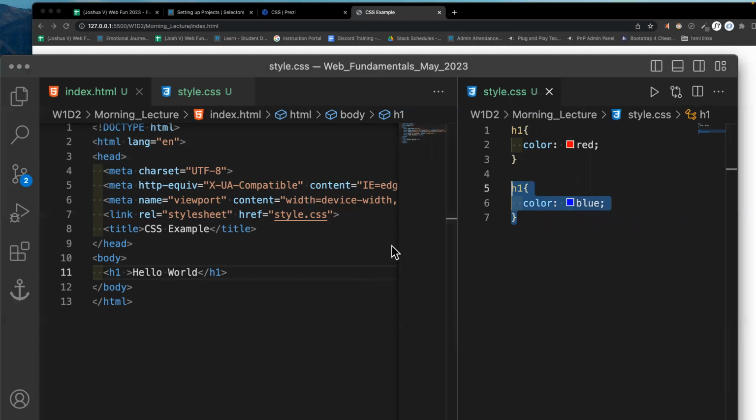Okay, let's do a poll check again to see if we understand this concept, how the rules apply in CSS, why it's called cascading style sheets. Okay, good. I like the numbers we're seeing here. So